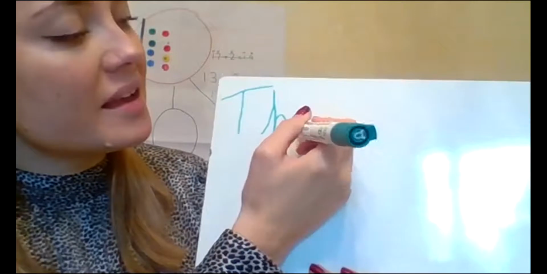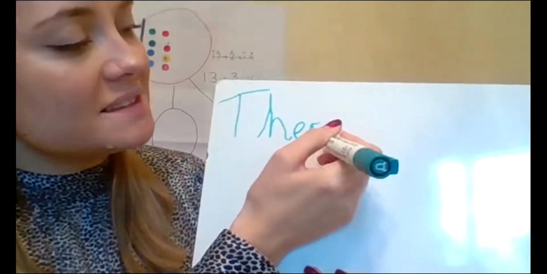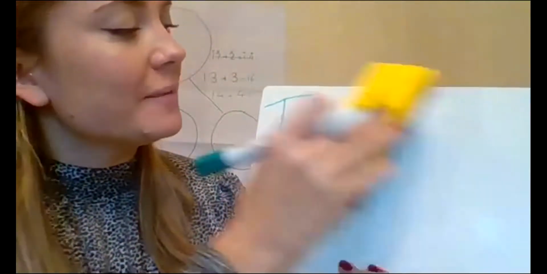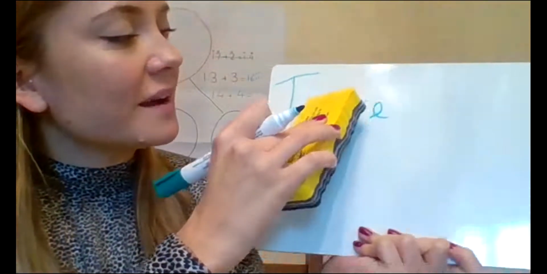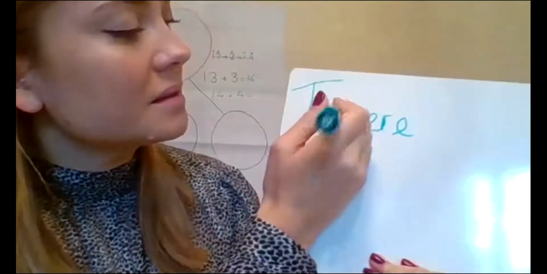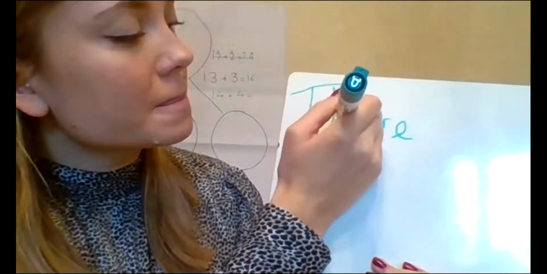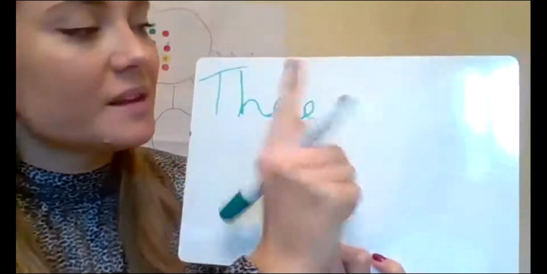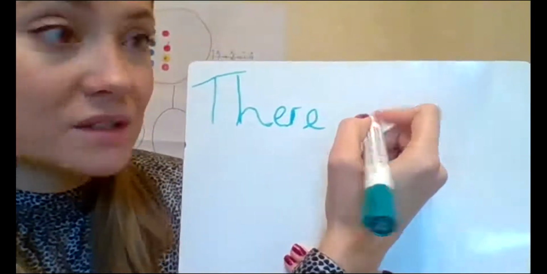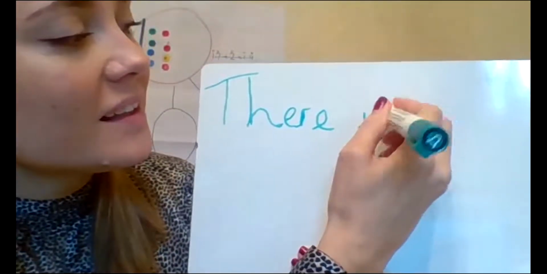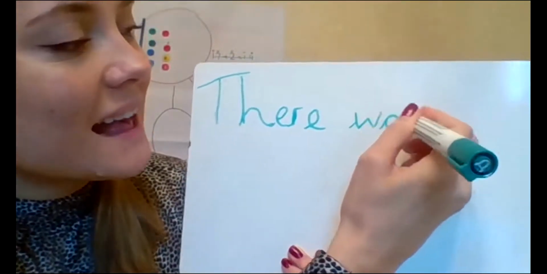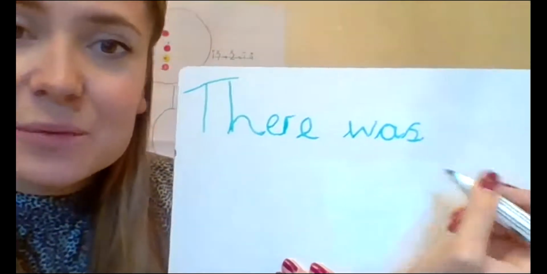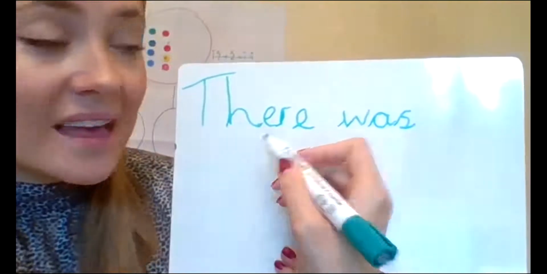There. Now this is a tricky red word. We can't sound it out. We just need to know how to spell it. I'm actually going to go and correct that and make that a little bit neater. There was, finger space. Now see if you can get was correct. You've got w, a, and a s. We can't sound that one out either. That's a tricky red word. So let's read it together. There was